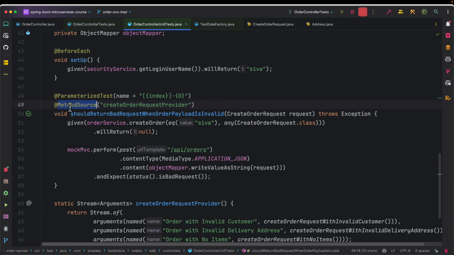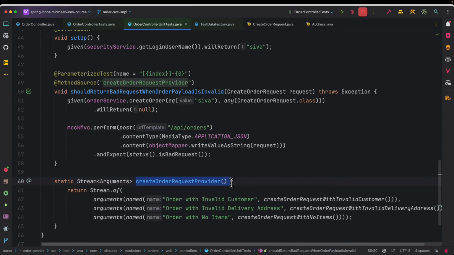So in this case, we are using method source. That means it is going to automatically call this method, which returns a different instance of create order request. Here we are passing 3. By specifying this method source, it is going to call this, and for every iteration, it is going to use one of the objects returned by these method invocations, and each of these will be passed as the arguments to this method, and we are executing the test based on the given create order request